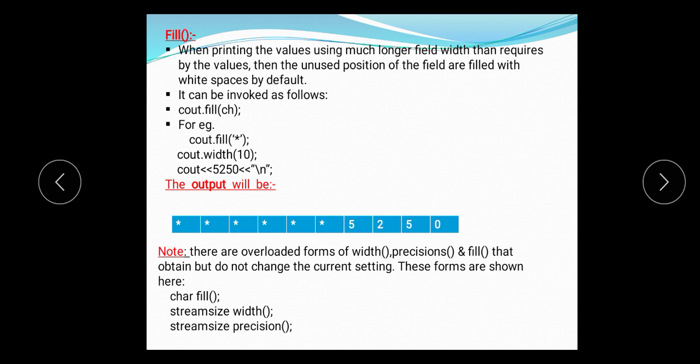The fill function can be invoked with the help of an object of the iostream class, because fill is a member function of the ios class. So we can invoke it as cout.fill(ch), where ch is whatever character you want to specify.